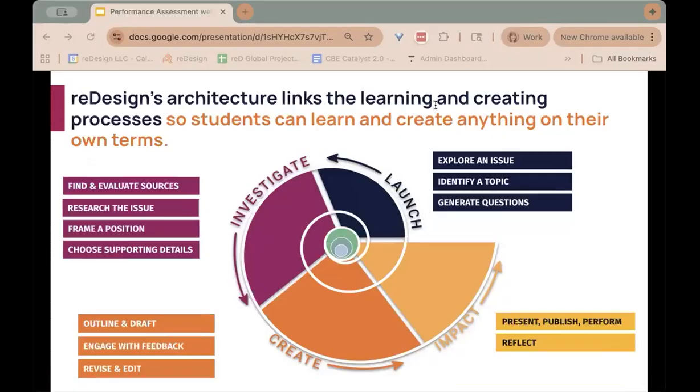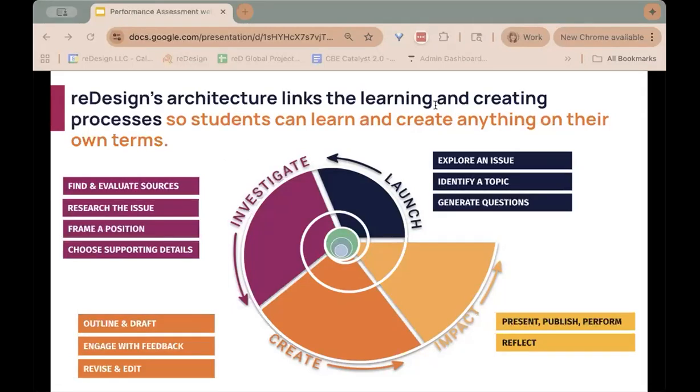Okay, I really like the term architecture to describe our approach to designing embedded performance assessments. It describes a visible design and structure that articulates the building blocks of thinking and creating, and it places them in a stable pathway.